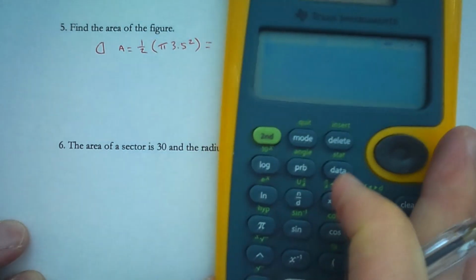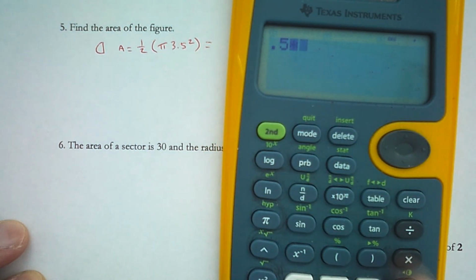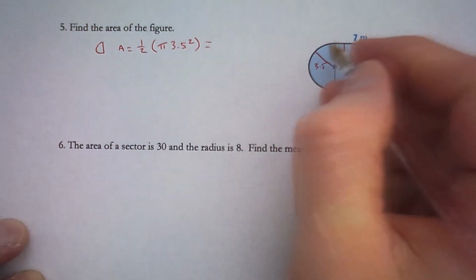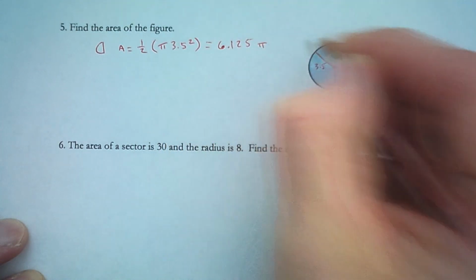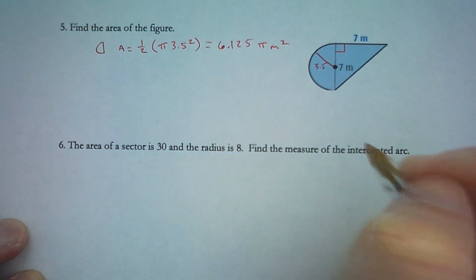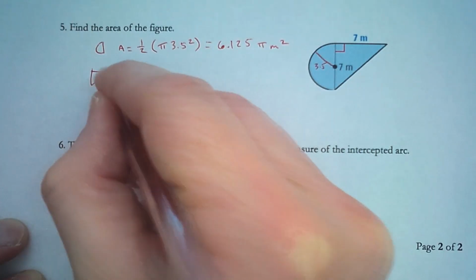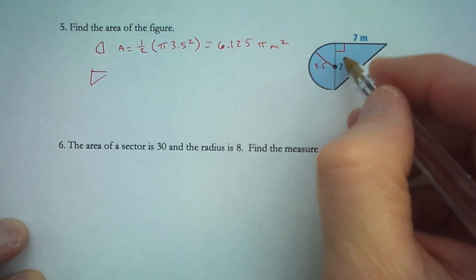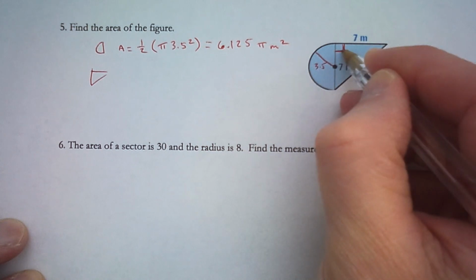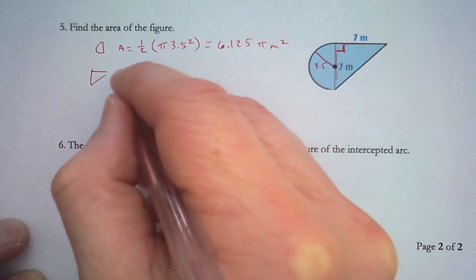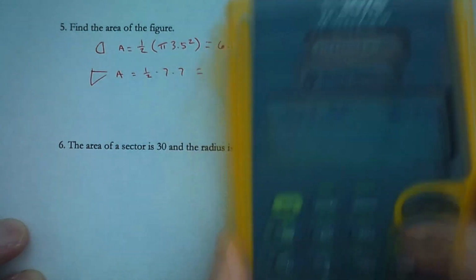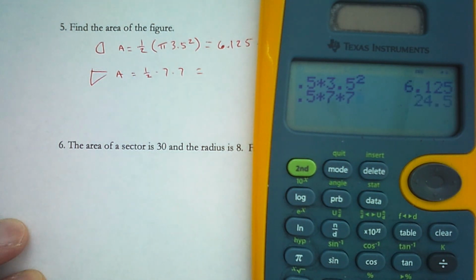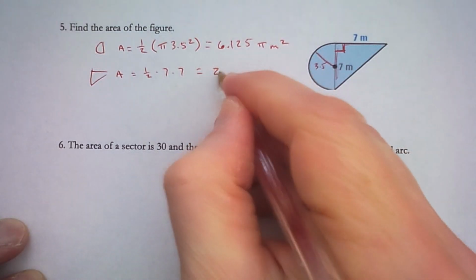Okay, so what is half of 3.5 squared? So 0.5 times 3.5 squared is 6.125. So the area of this semicircle as an exact answer is 6.125 pi meters squared. Then we have a triangle. The area of a triangle is half base times height. Base and height have to be perpendicular to each other, so the base and height are both 7. So the area of the triangle is half times 7 times 7. And that is 24.5